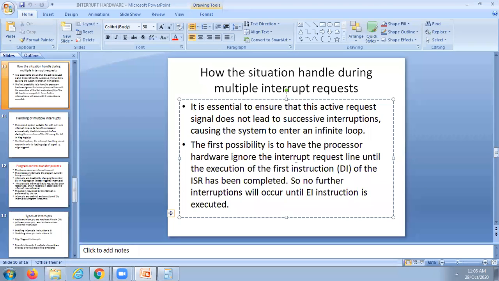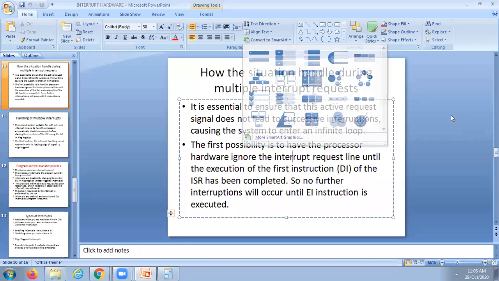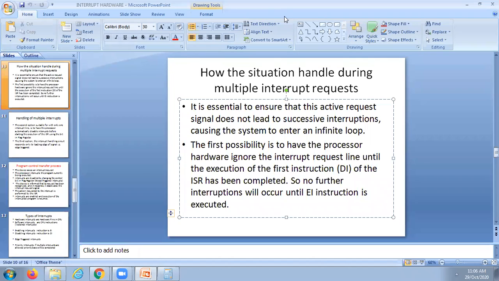While designing the circuit, you have to see that no other interrupts are allowed till the first instruction of the interrupt subroutine is executed.